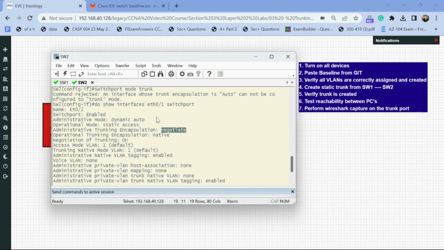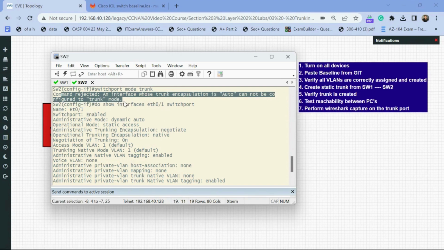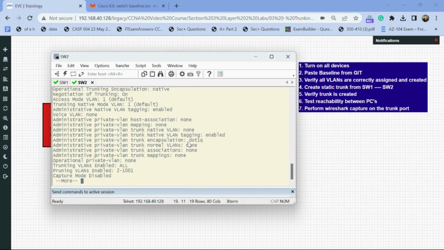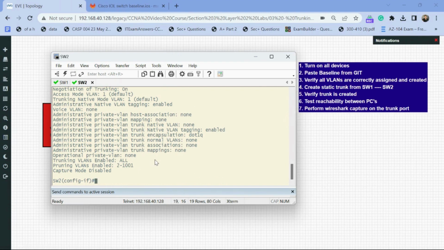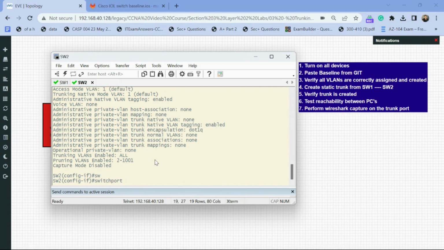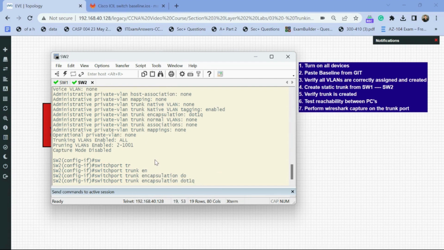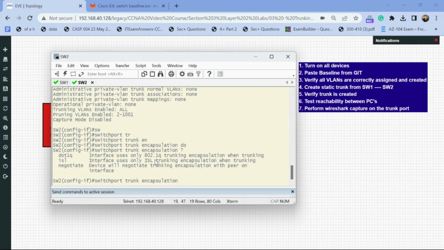So that error we got is true. We need to hard set this to 802.1Q before we can change the actual mode of that switch port to trunk. So let's do that. With that command, we do switchport trunk encapsulation dot1q. Just to show you, we can pick negotiate or ISL,